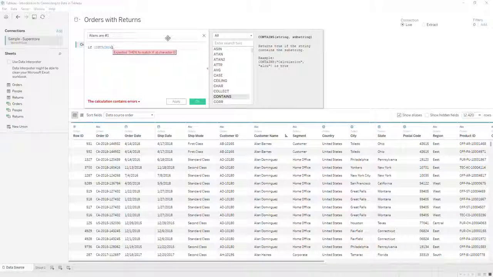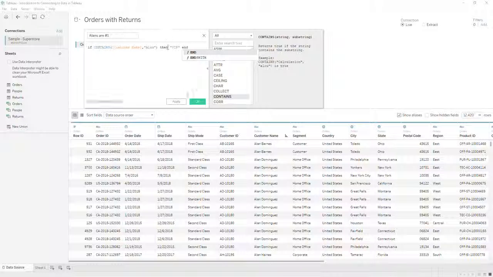So if contains customer name, and I want Alan, so the string and the substring, then I want to say VIP,